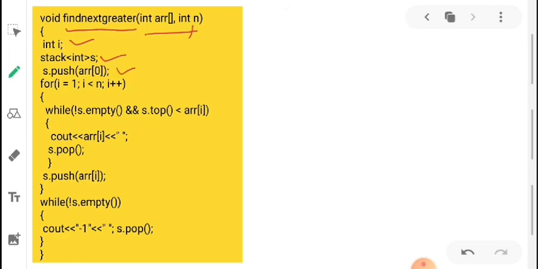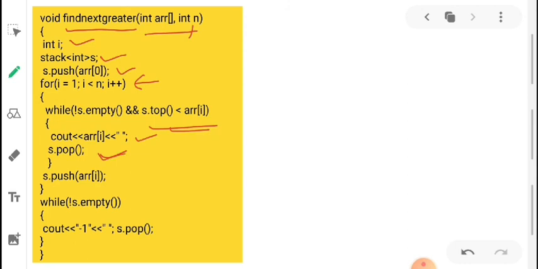Then for pushing the other elements I have applied the condition, that is if our current element is greater than the top of the stack or not. So if it's greater, then we'll print that particular element, that is next greater element, and we'll just pop an element from that.